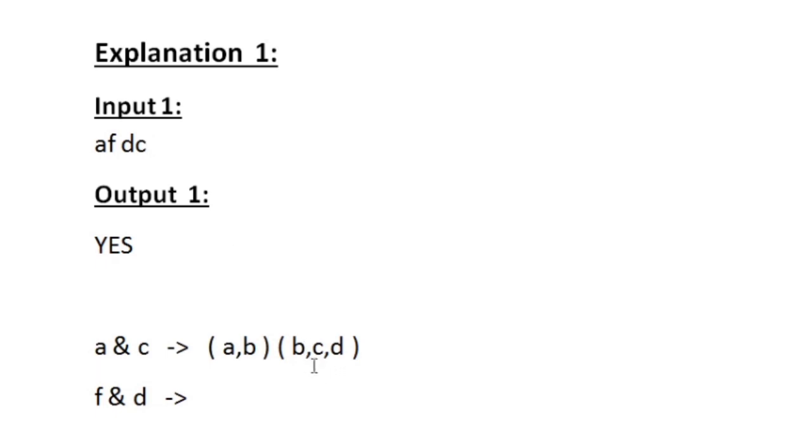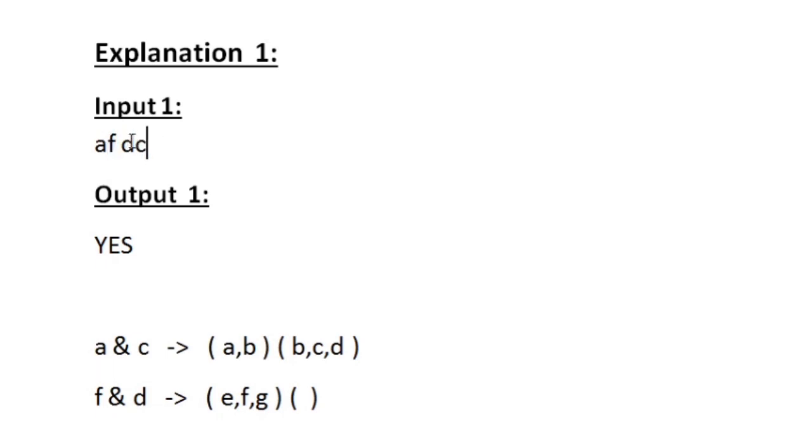Now we are going to find whether there is any character common between these two sets, because that is how we would be checking for a palindrome. We would be checking the first and last, second and last second. We are going to apply that same principle. So now F and D: what are all the possible characters F can be changed into? E, the previous character, the character itself, and then the next character of F is G. So these are all the possible characters that F can be toggled into.